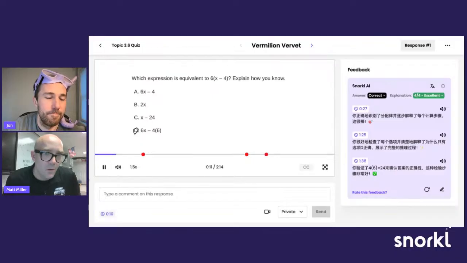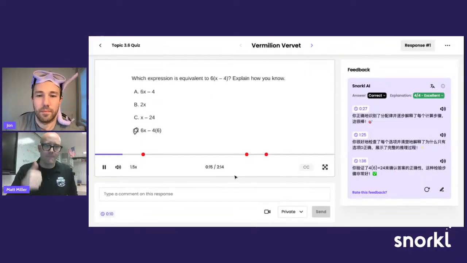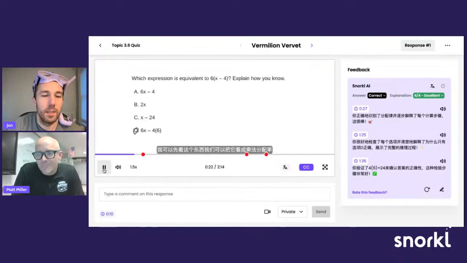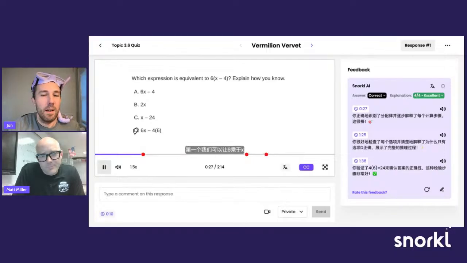必须哪个表达式同等于6乘以括号 x 减去4括号。我可以先看 A， 这个东西我们可以把它看成乘法分配率。第一个。